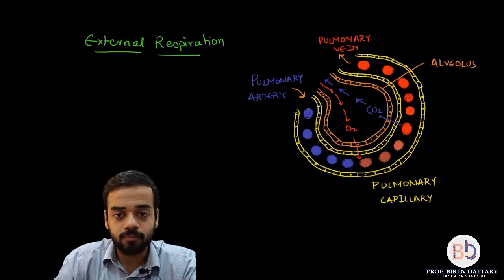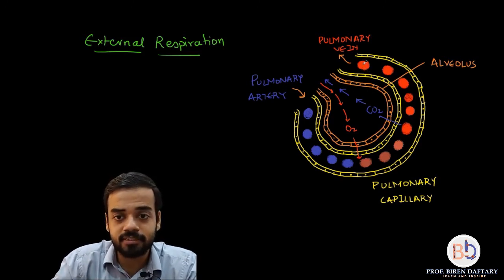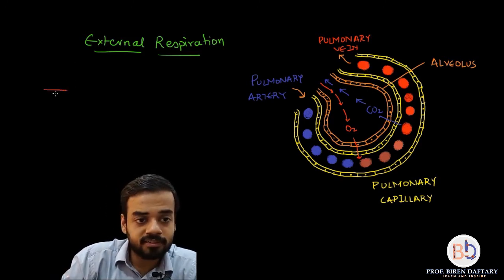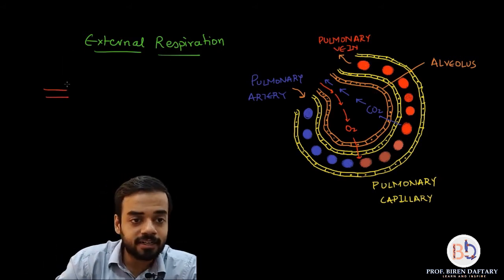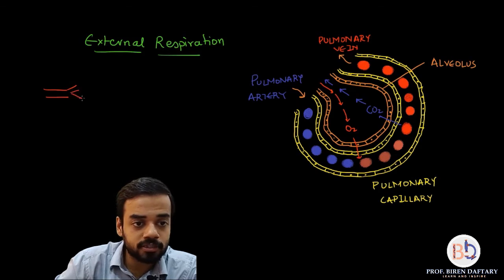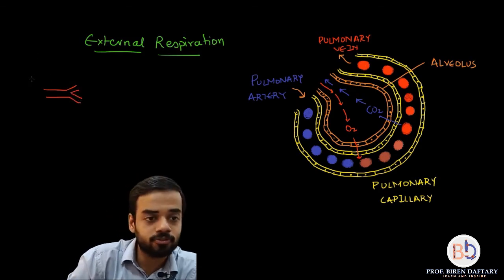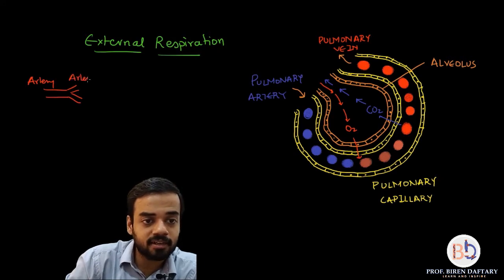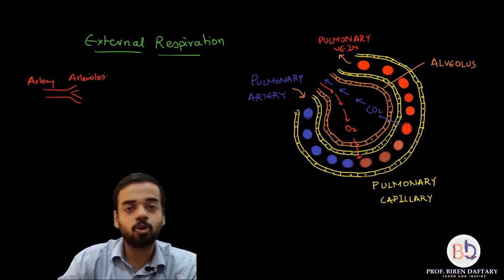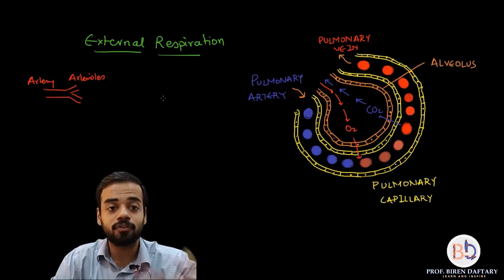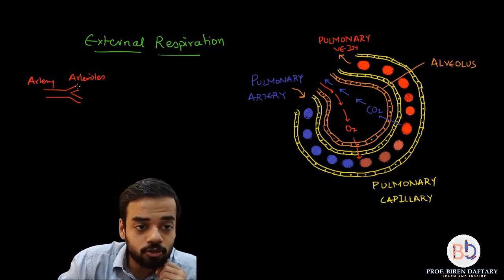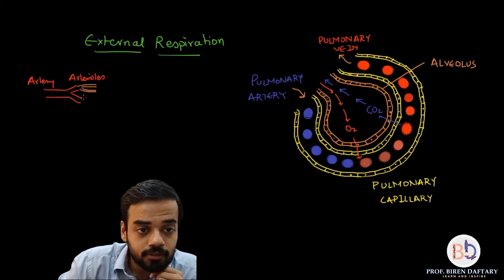So okay, now let's do this so that it becomes easy. Now this is an artery which is going. Okay, so the artery flows and arteries get divided into smaller structures which are called arterioles. So let me just label that so it becomes easy. This is the artery and these are arterioles. Smaller arteries are arterioles. And then what happens is each arteriole further branches out into smaller structures, which are